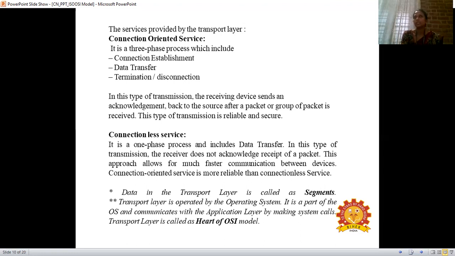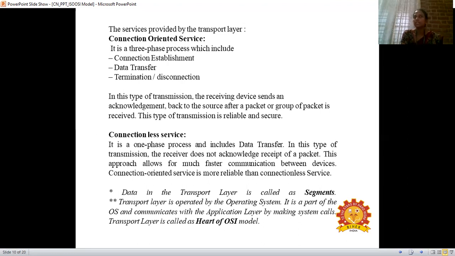We will consider one example. There are two sites, and in the middle of the two sites there is a river. So everyone is planning to build a bridge between these two sites. For example, if a postman wants to send a mail from one side to the other, they will use the bridge to send the data to the receiver. This is the connection-oriented example. For connectionless, we will use a pigeon. In the olden days, they used pigeons to send their data to particular receivers.